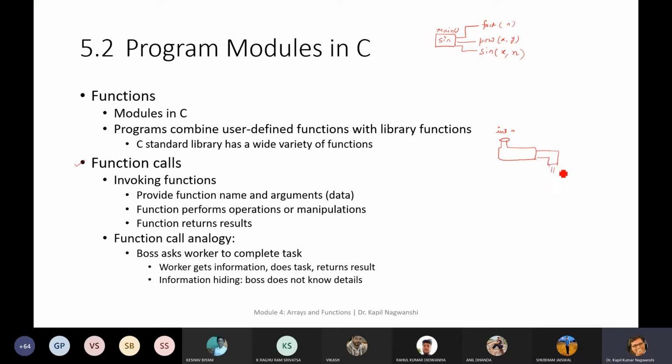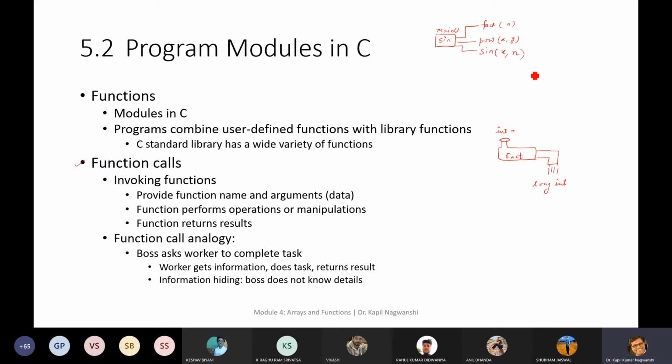The main product of this machine is the factorial, and the name of this machine is fact. It will accept n, and it will return a long integer value. So this is the way you can create a function and understand the function.